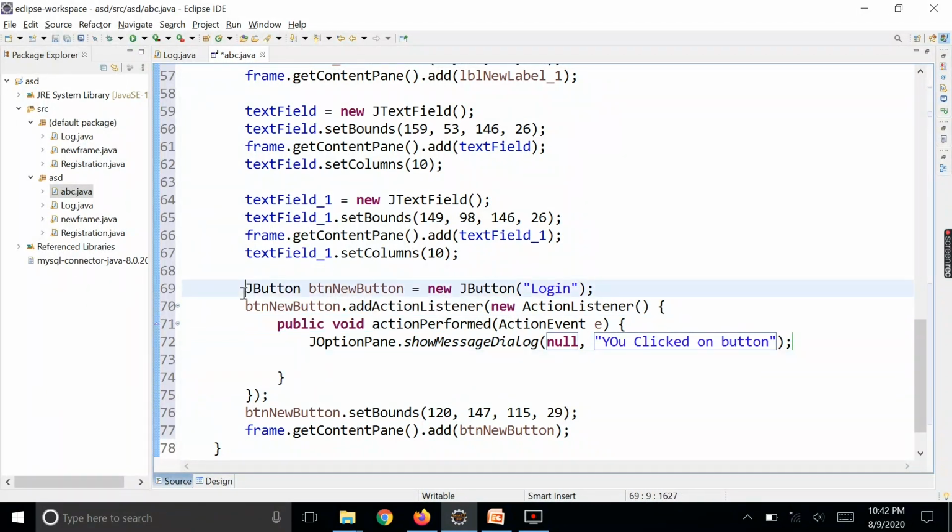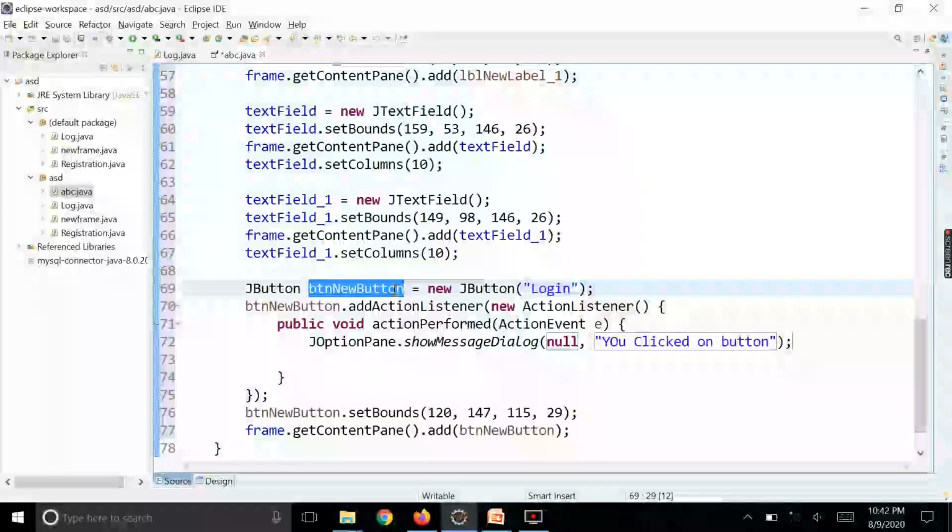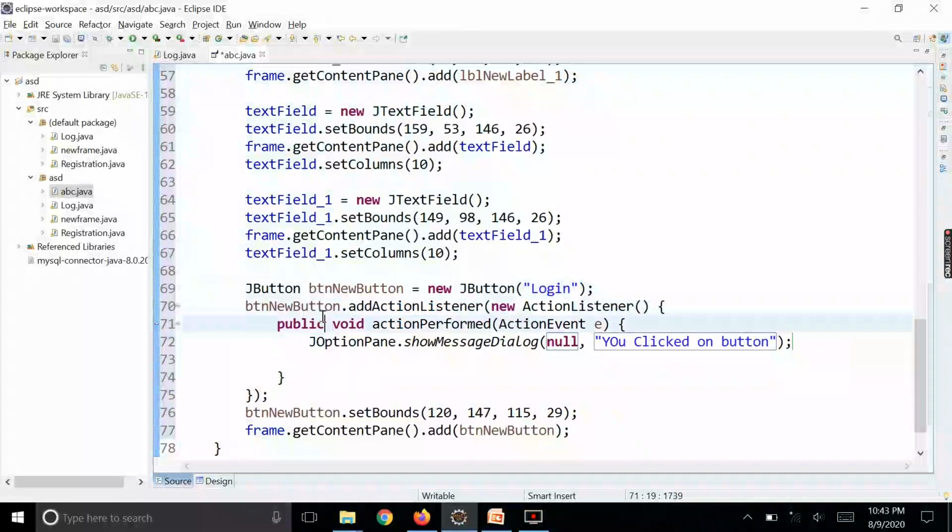Here is the JButton object, new JButton, and the name of the button. On that button object, the addActionListener is added. This addActionListener will listen to the action performed on the button, and using the actionPerformed method it will execute that action. That is the execution of this particular button.